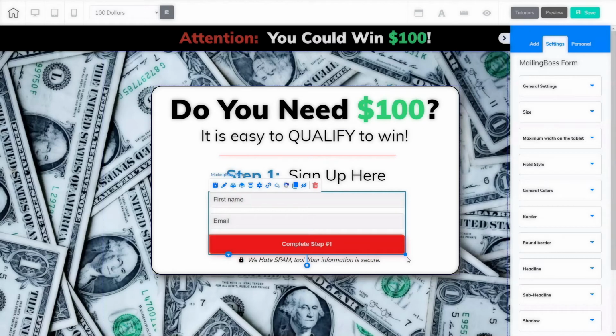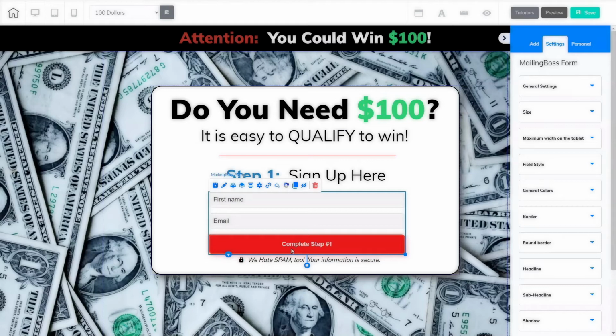They're going to fill out the opt-in form, and when they click Complete Step 1, they'll be sent to the email confirmation page. On that page, it's going to tell them, go check your email and click Confirm. So they're going to go check their email, they're going to click Confirm. When they click Confirm, they're going to be taken to the results page where they can not only see the results of how many referrals they have, which they'll have 0 at the very beginning, but they're also going to have a share link, and they can copy that share link and start working on getting referrals to be able to qualify for entry into the contest.